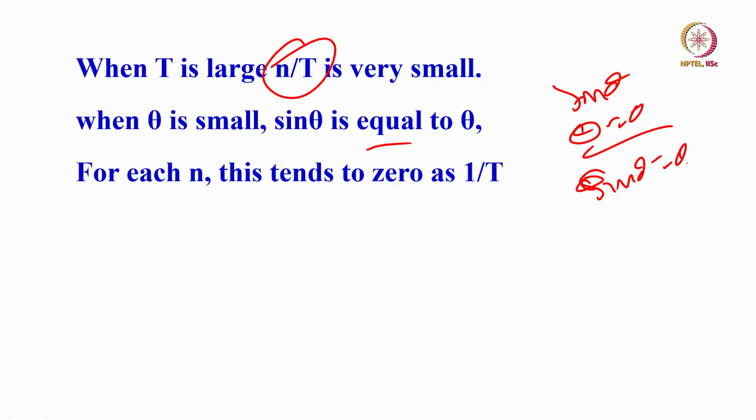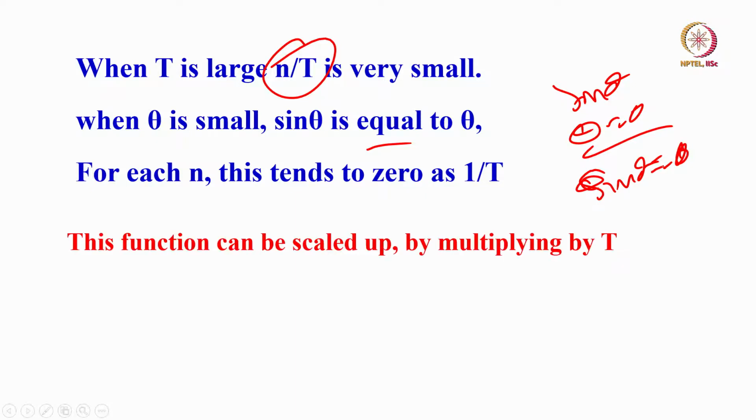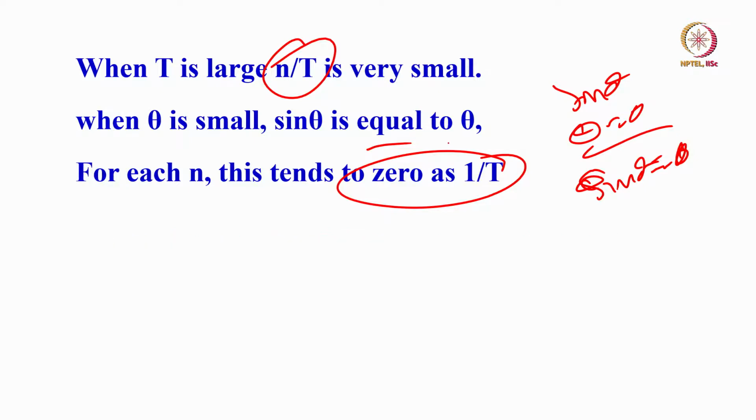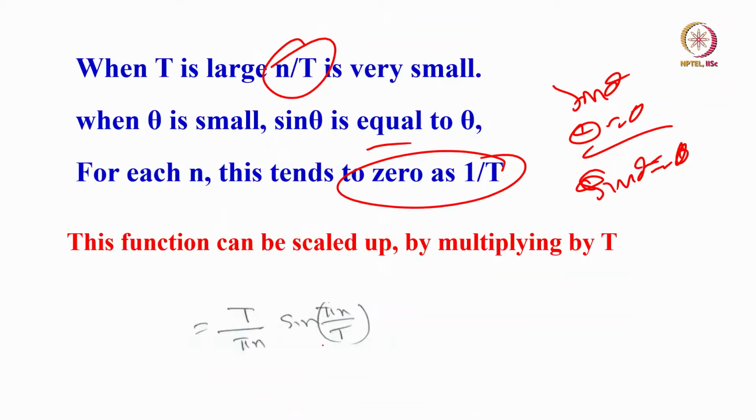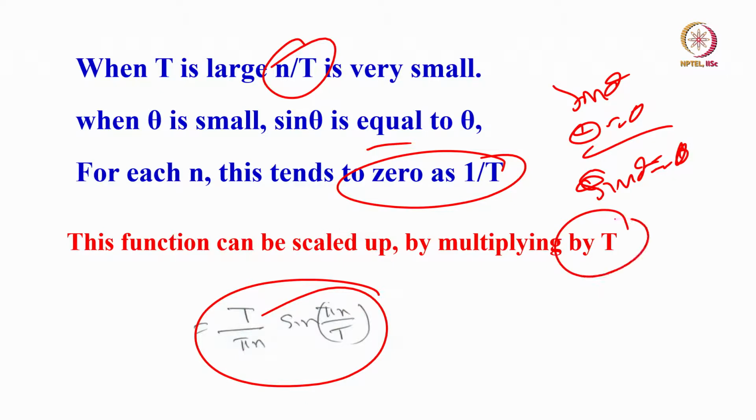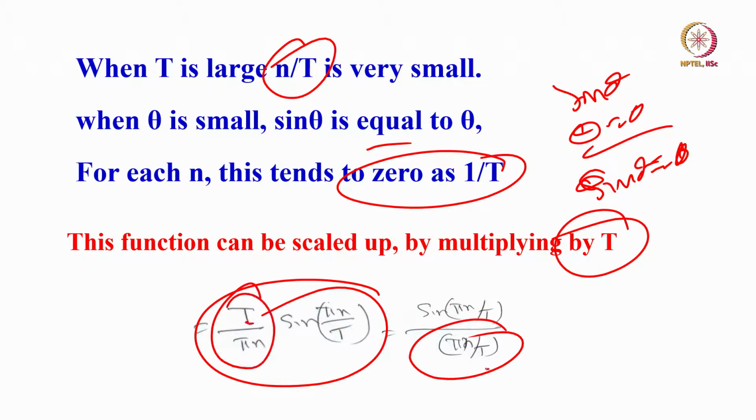That is basic trigonometry. So as t keeps on increasing, this tends towards 0. And this function which I got here, I will scale it up. I multiply by t, it does not matter, simply scale it up just for the sake of understanding. All I did is, for the Fourier series which I have obtained, I multiply this by t, that is all. And this I can write like this: sin(πn/t) over πn/t. What I did is I brought it to the denominator.